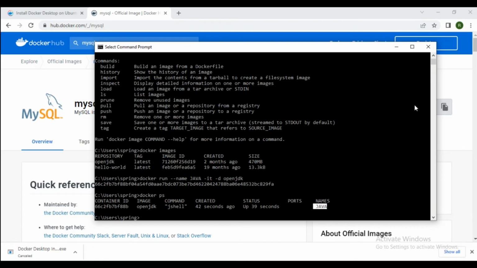Your Java container is available. Now execute the container. The OpenJDK image is inside this container, so we execute that container. For that we require the command docker exec -it, that is interactive mode. After that the container name; here the container ID is given, and the name for the container is java.